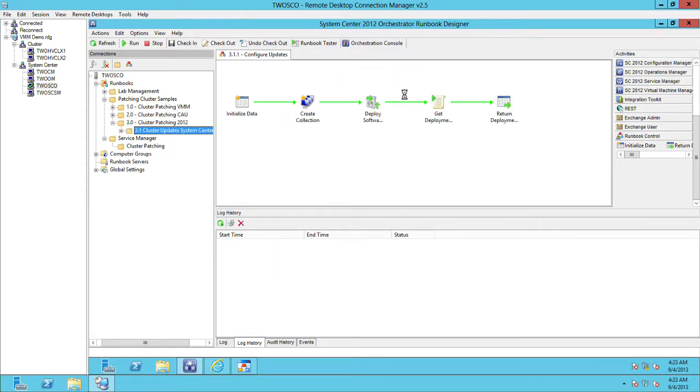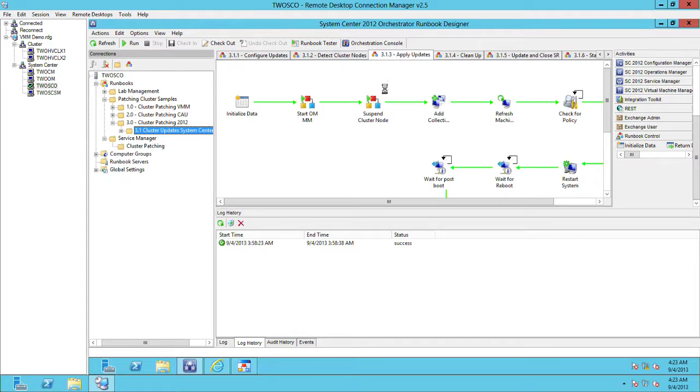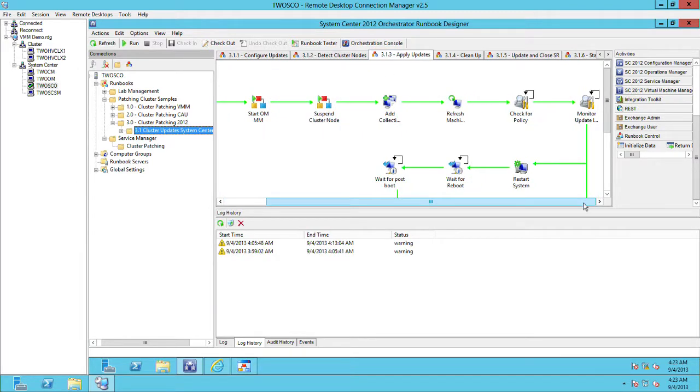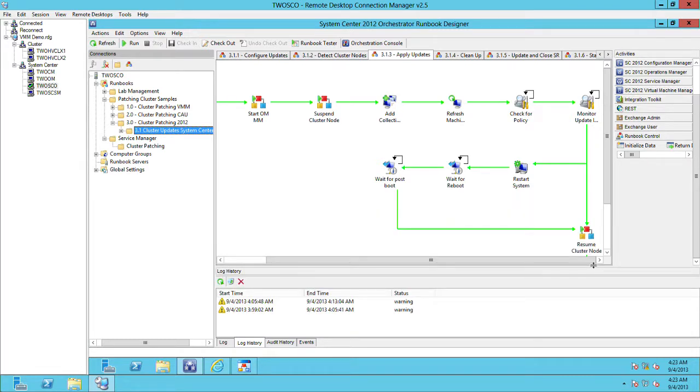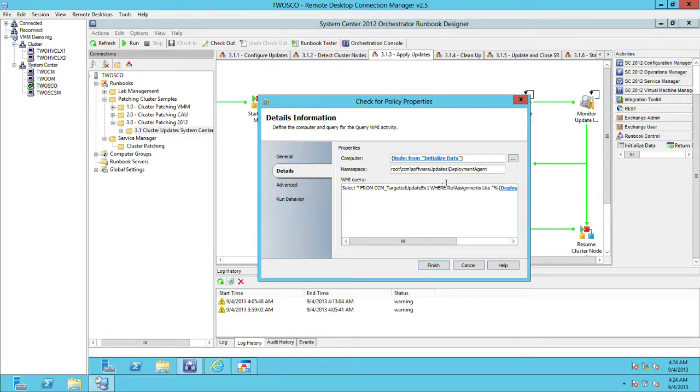I then pass that around, and at the point I get to the application of software updates, once I've added the machine to the collection and refreshed the policy on the machine, I determine that I can then snoop around in WMI, basically the namespace of